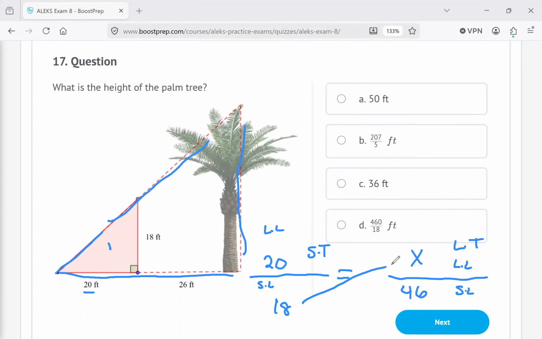So go ahead and cross multiply. This is going to be 18x equals 20 times 46, which is 920. Divide this by 18. And 920 over 18, I think it would be,